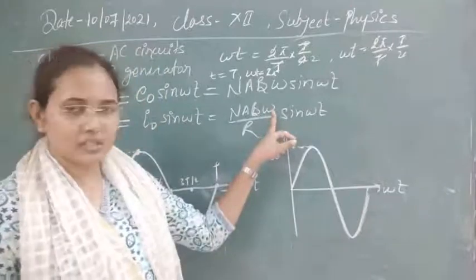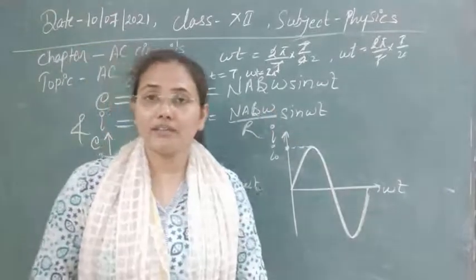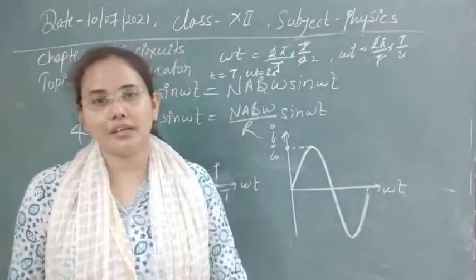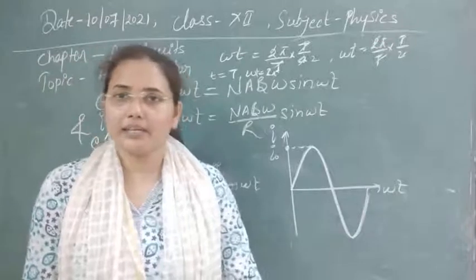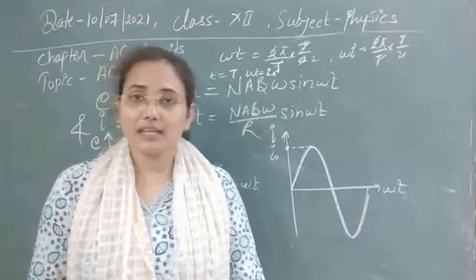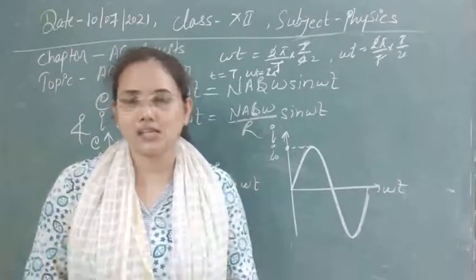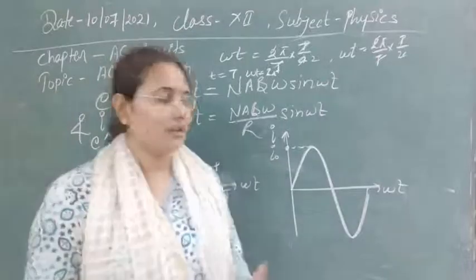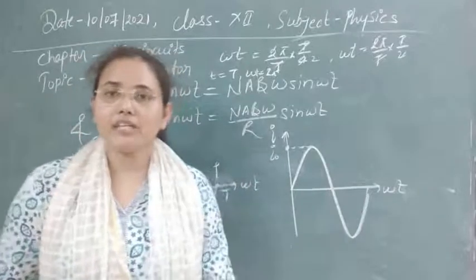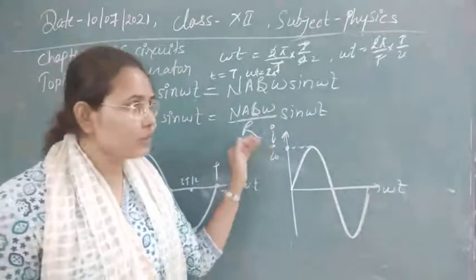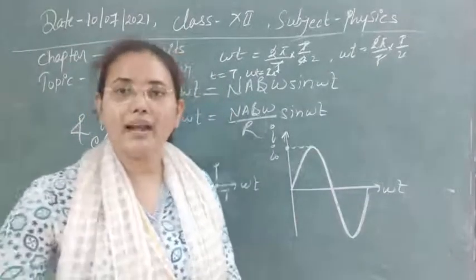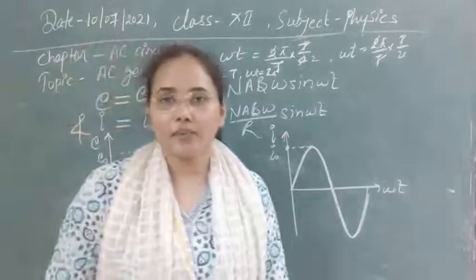One more thing you can use here is omega, which is related to frequency. The more rapid the rotation, the more rapid the production of current, and the greater the current. So we can also change the frequency of rotation here. The greater the number of rotations in 1 second, the more the current changes. One more thing: the material that we use to construct the coil, if we use a low resistance material, will provide greater current. That's why metallic wires are best for AC generators.